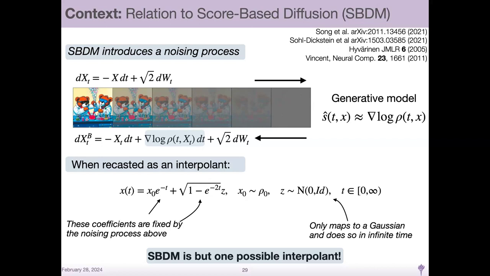And so score-based diffusion says the generative modeling problem is to come up with some n hat that approximates this grad log rho. But just to make the handshake here a little clearer, we can actually say this whole problem can be recast as choosing a specific interpolant. And in fact, it's choosing one where, instead of putting 1 minus t and t in this interpolant function I specified, it's e to the minus t and the square root of 1 minus e to the minus 2t. And now I have an interval from 0 to infinity. But the important thing is these coefficients are fixed by the noising process that you choose in your SDE. And we're trying to open up the fact that there's a whole variety of maps that you can construct that have nothing to do with this SDE, but still allow you to endow a stochastic generative model.